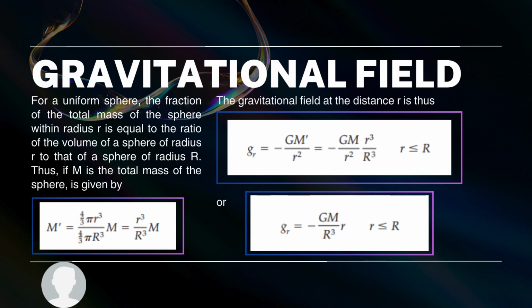For a uniform sphere, the fraction of the total mass of the sphere within radius r is equal to the ratio of the volume of a sphere of radius r to that of a sphere of radius R. Thus, if M is the total mass of the sphere, the mass within r is given by this, and the gravitational field at the distance r is this, or